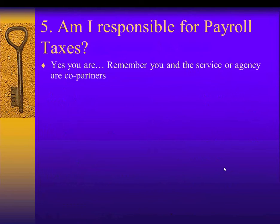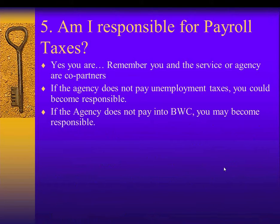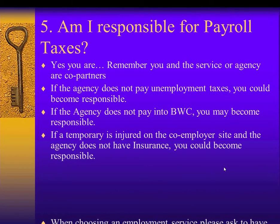Yes, you are. Remember that you're the co-employer, so you would be responsible for taxes as well. If an agency does not pay the unemployment taxes, you could be responsible. If an agency does not pay the Bureau of Worker Compensation taxes, you can also be responsible. If a temporary is injured on the co-employer site and the agency does not have liability insurance, you could become